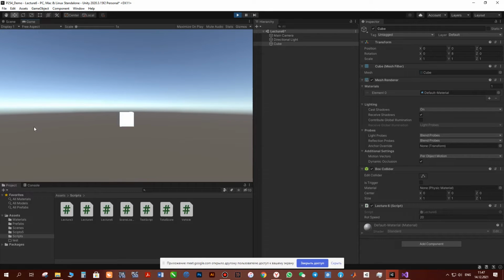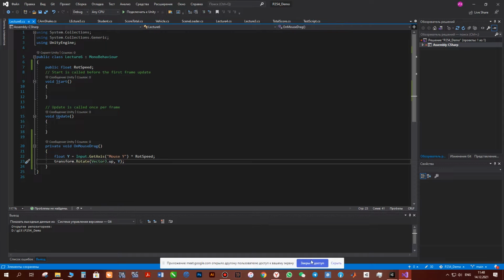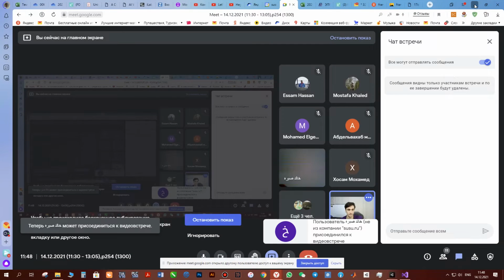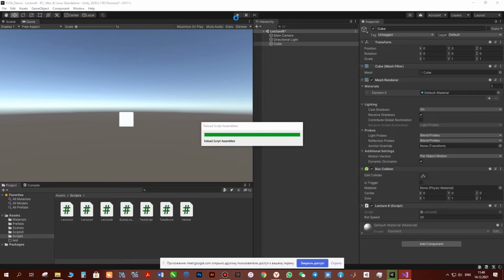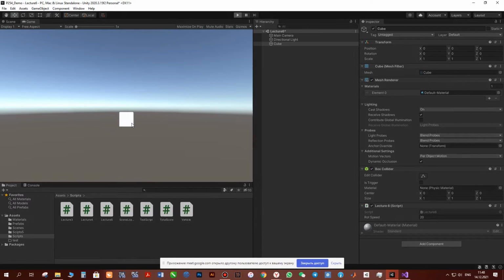So now I'm dragging my mouse button, but it moves to the opposite direction. I drag mouse button to this side and it moves to the opposite side. So how we can fix it? For example, we can probably fix it by placing opposite sign here, minus y, and let's try again. So now if I drag my mouse button, cube rotates to this direction, and if I drag it to the opposite side, it also rotates. So that's how we can rotate our cube